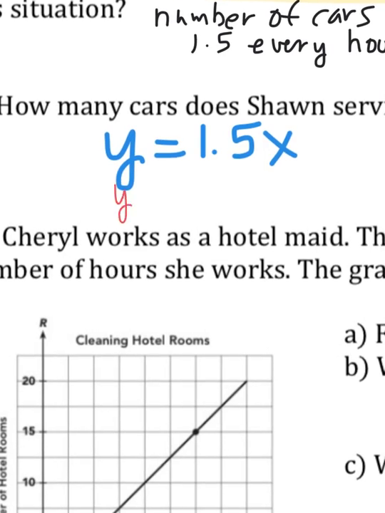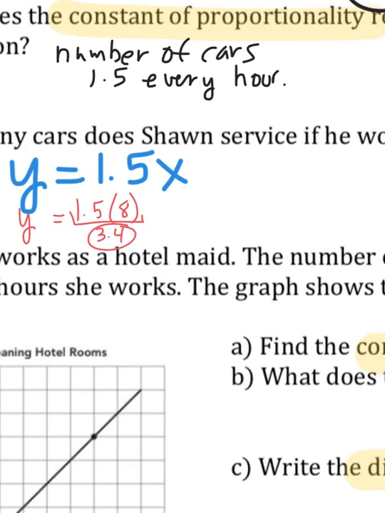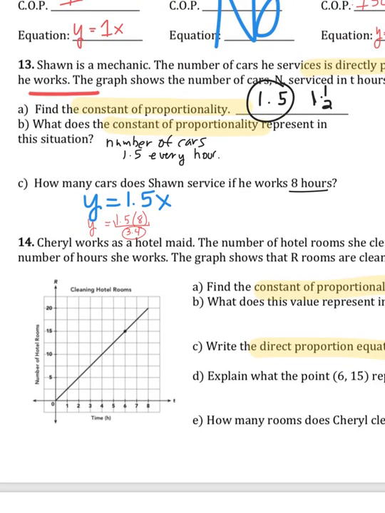We would go y equals 1.5 times 8. And if I multiply 1.5 times 8, I would get 3.4. So in 8 hours, they would service,